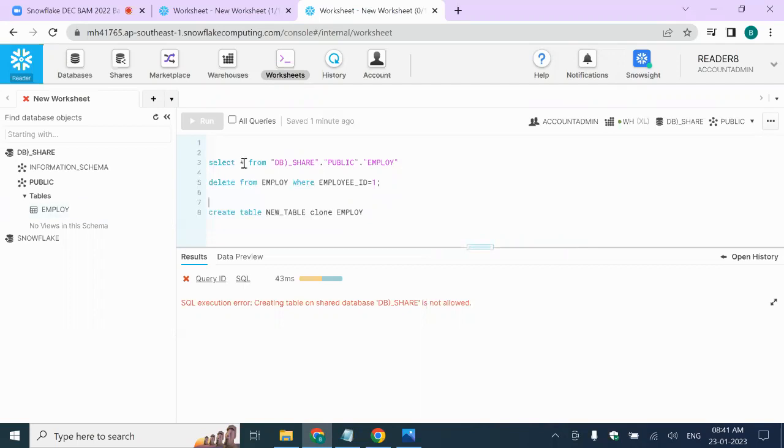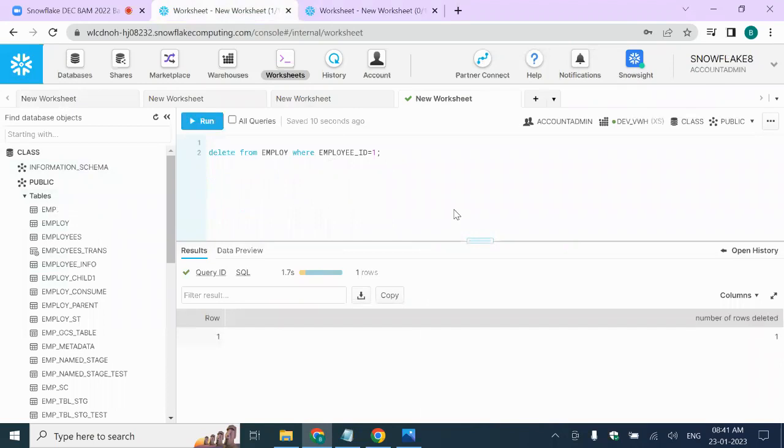To whom we have given permission to access, only those people can read the data. Others cannot see the data, right? So only the usernames and accounts who have been given the permissions. And at the same time, one more thing you need to remember when you create a data sharing implementation,